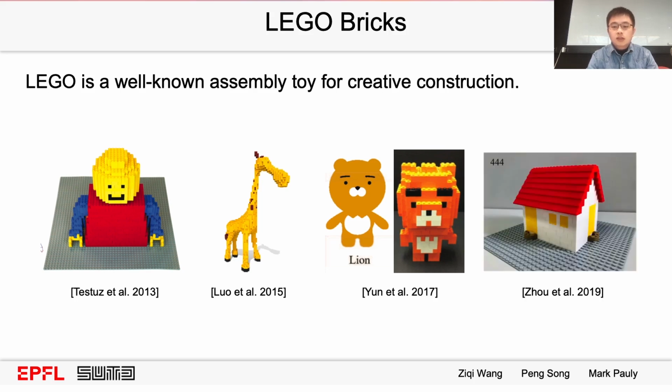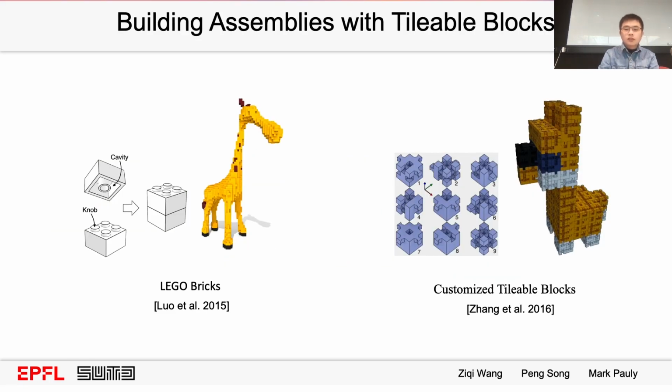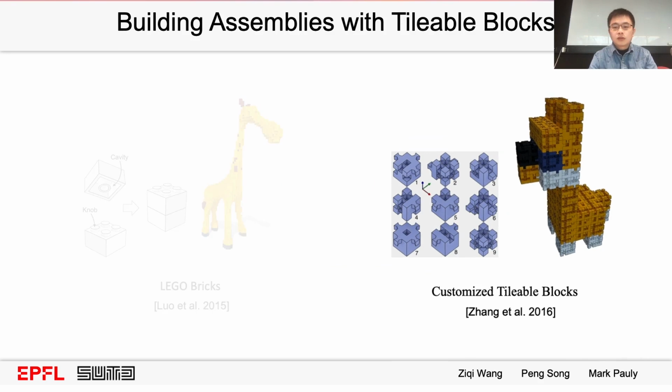Zhou and their colleagues fused more Lego bricks, such as sloping or circular bricks, into their design. Their method can identify virtual features in the input 3D model and represent them with the best fitting blocks. For the customized tileable blocks,